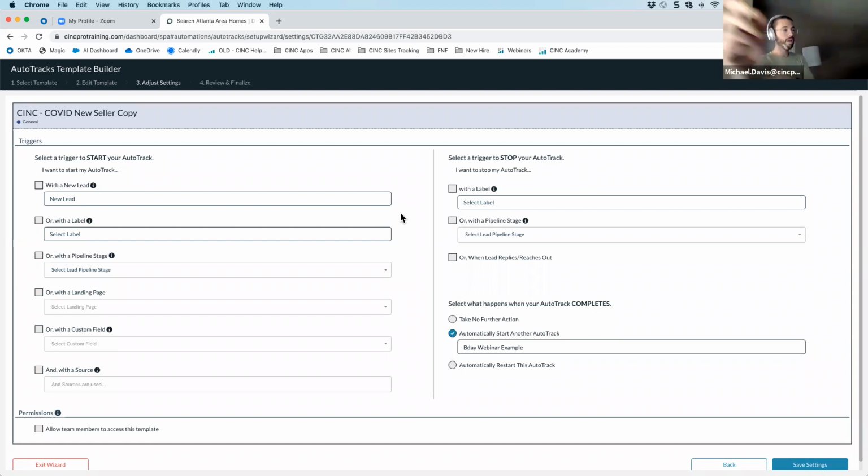And so if you're worried about this, because the last thing you want to do is send communication to the wrong leads or over communicate and cause unsubscribes. So if you have a lot of automation in there, you need to make sure that, one, you understand what all is automated, when it's automated, and how. And so making sure that you understand the goal of each of your auto tracks is going to help you determine your triggers and make sure that you're not duplicating efforts, sending two auto tracks to the same lead, that kind of thing. So really be careful and cautious with how you automate this,